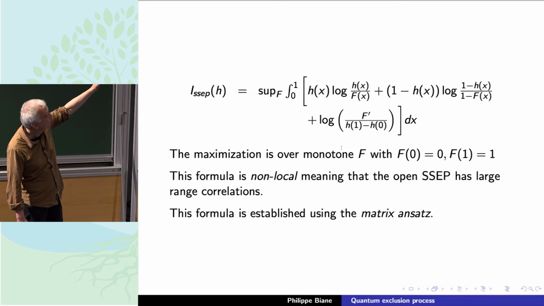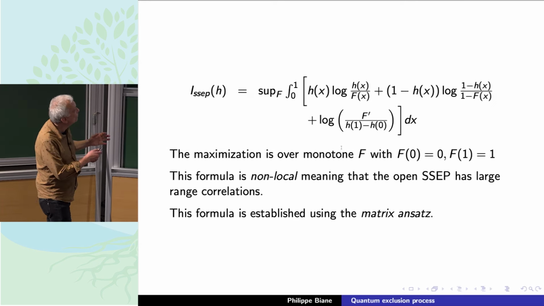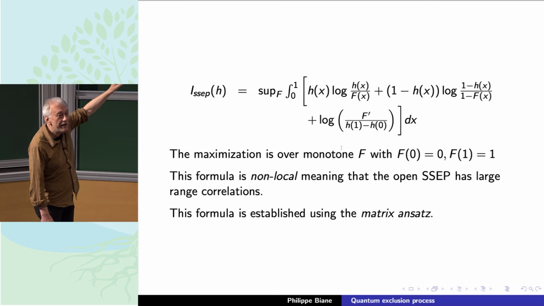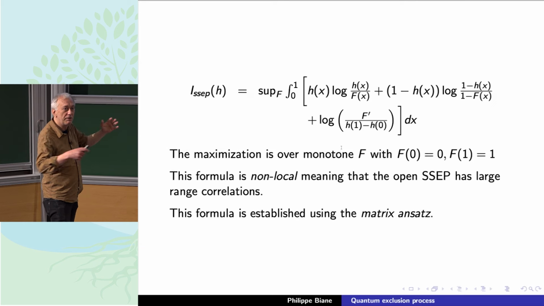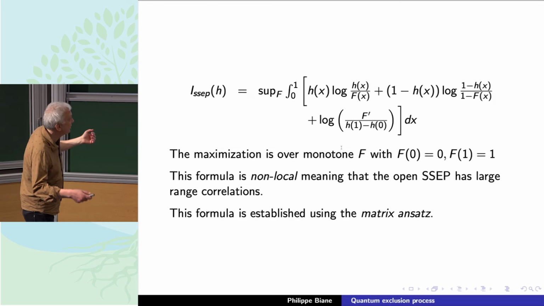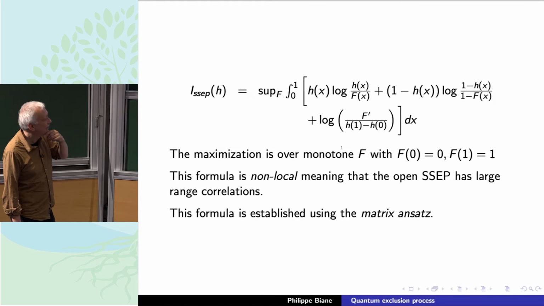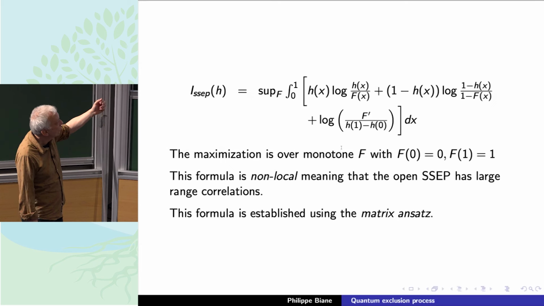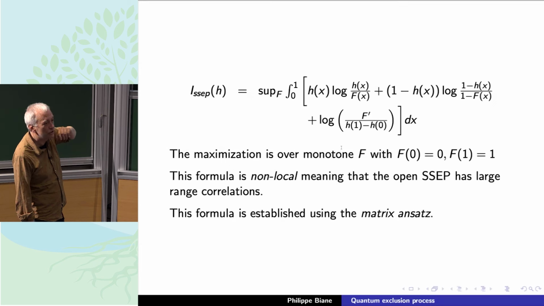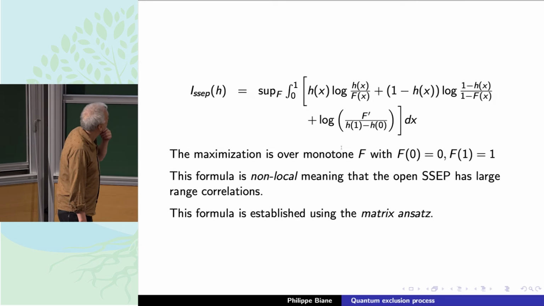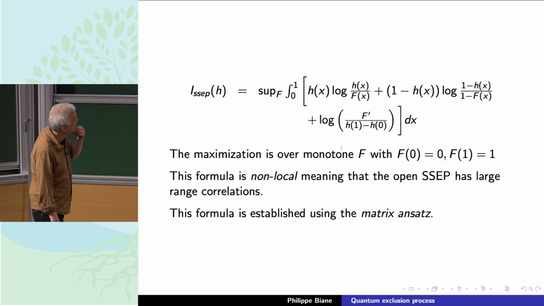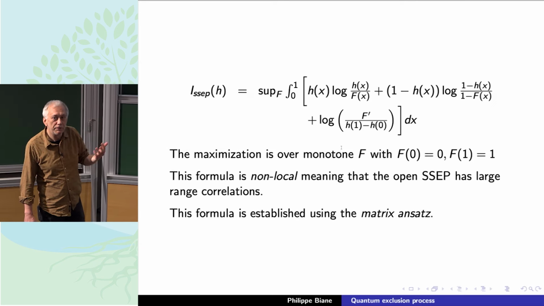For this, you have to maximize a certain functional, and the important fact is that if you make a local change of the function h, the function f will have a global change. I mean, it's a non-local formula in this sense, and this is a way of saying that this process has long range correlations. The stationary measure has long range correlations, and this formula has been established using the matrix ansatz, which is a method for solving